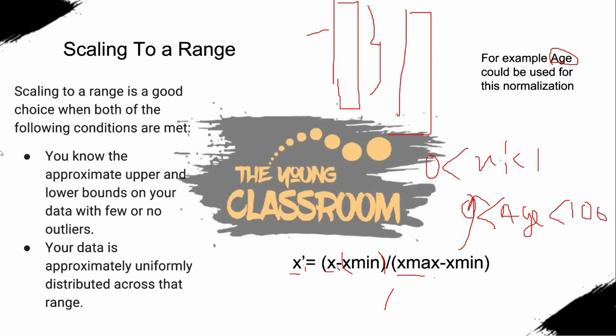There may be a few exceptions or outliers, and these outliers may be people above the age of 100 or 110, and they are very few in our case. And the second one is that your data is approximately uniformly distributed across that range. What I mean is that for given sets of all the classes, you must have an equal number of data points. And age perfectly qualifies for this, because in the age gap of 10 to 20